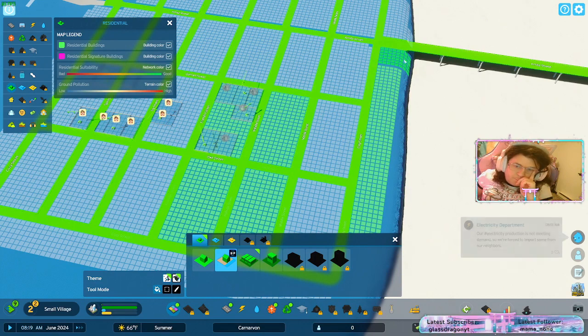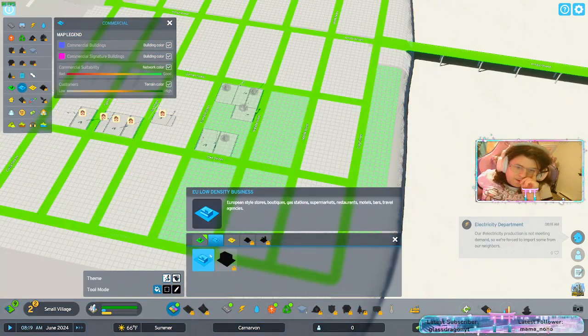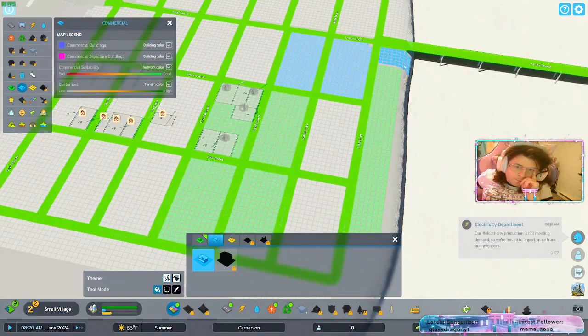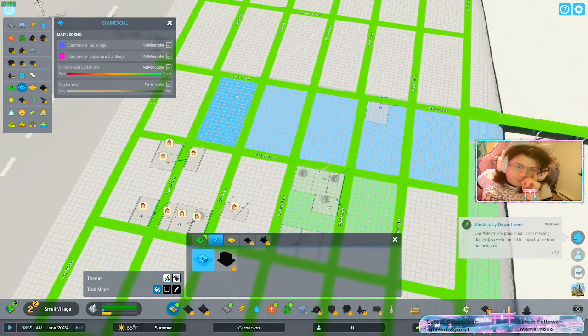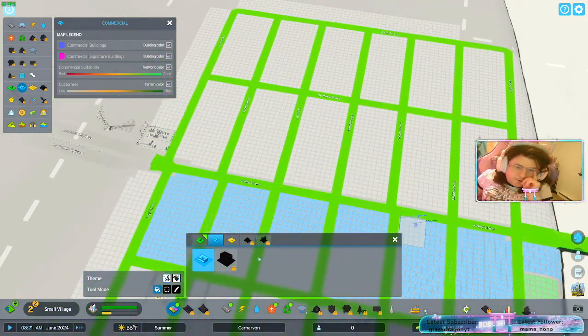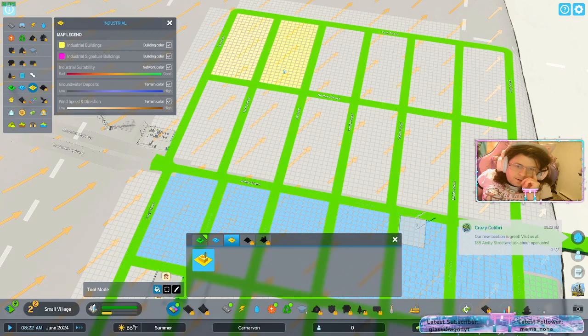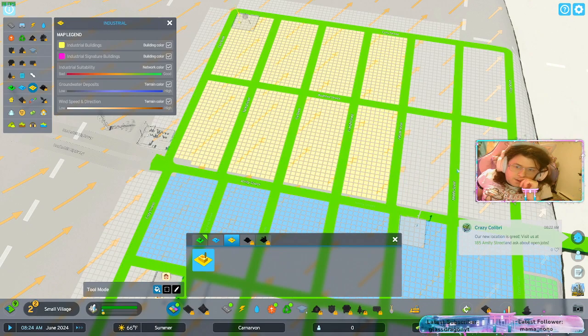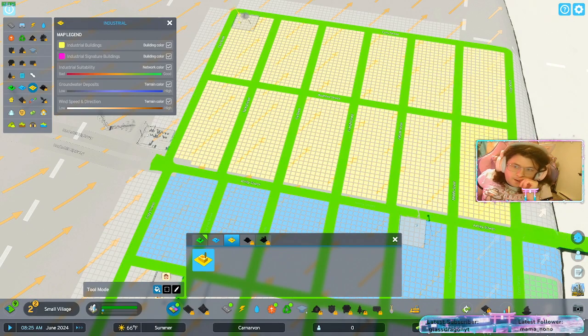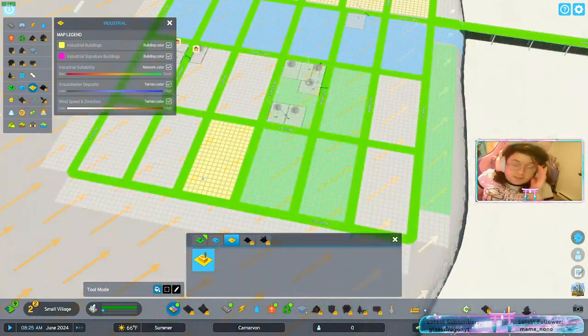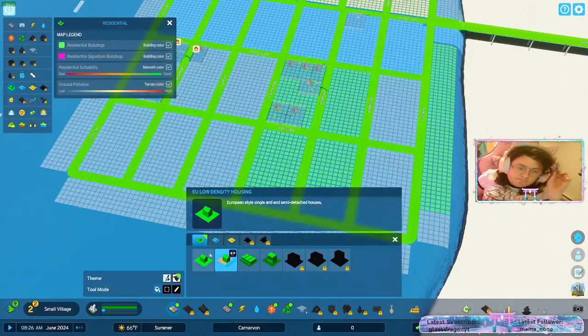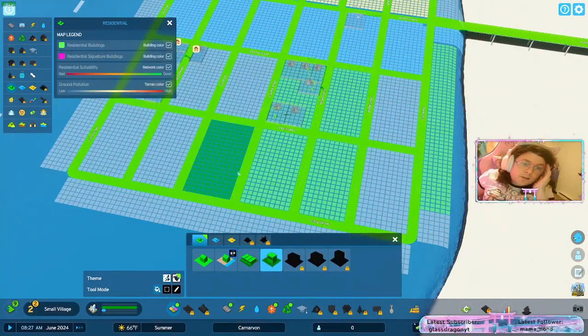We'll put our beach house down there. The commercial there. And I'll put that side that way to fit, and then we'll put